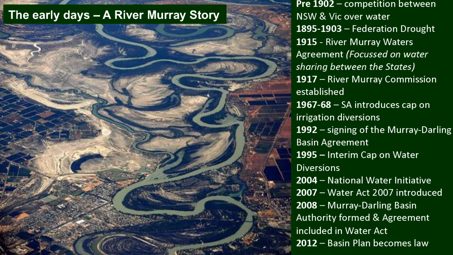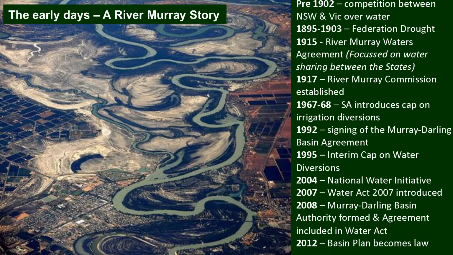So if you're thinking about some of the water management and the water planning that has gone on in the Murray-Darling Basin as a whole, the early days were really just a River Murray story. So a lot of the significant things pivoted around the Federation drought that really started to focus people's thoughts around water sharing. And it was actually the reason that really sharpened Federation, when Victoria and New South Wales were having a bit of a standoff over the River Murray. So the first major agreement was 1915, the River Murray Waters Agreement, and that then established the River Murray Commission. And the Darling was pretty much left out of most planning right through till well into the 60s.